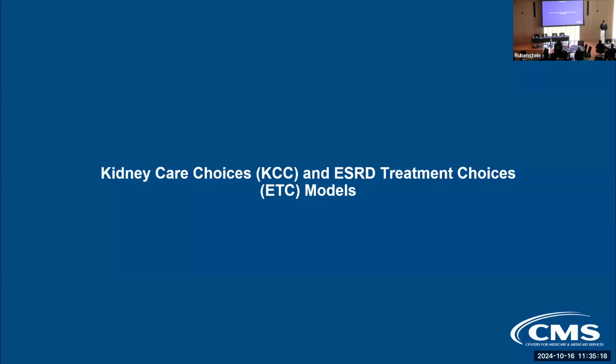So to help deal with that, we came up with some new models. As Michelle talked about there, this was all announced in 2019 by President Trump as part of the Advancing American Kidney Health Initiative, along with a major reform to OPOs that we'll talk about in a bit. There are 2 models that we're going to go over here. The ESRD Treatment Choices model, which we'll talk about second, is our mandatory national home dialysis model. And Kidney Care Choices is our CEC 2.0 model that's focused on coordinated care and really trying to expand the spectrum of care to focus on CKD patients all the way through to ESRD and hopefully to transplant.